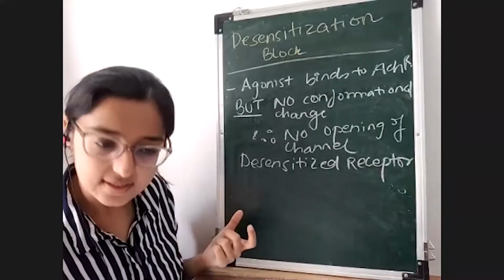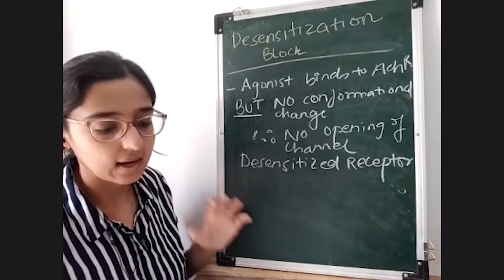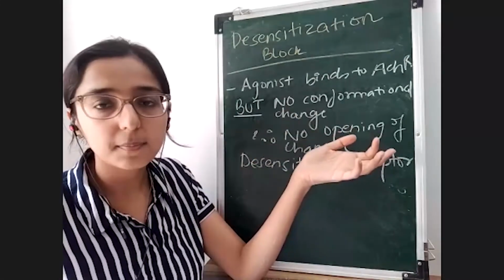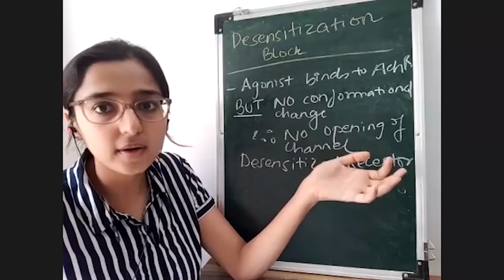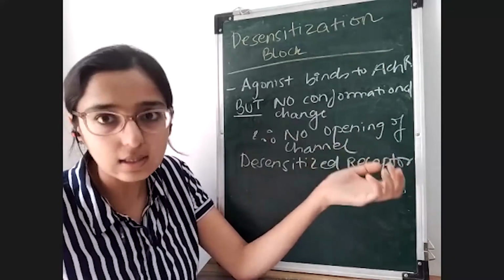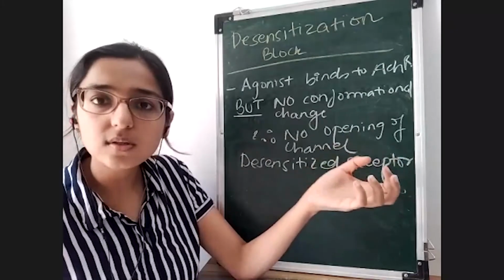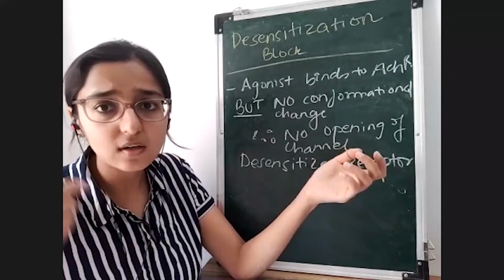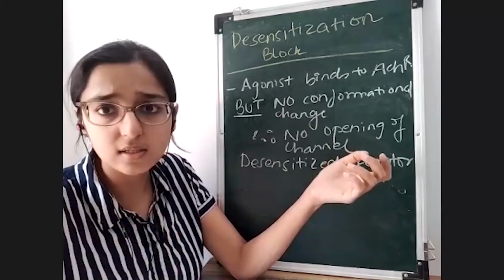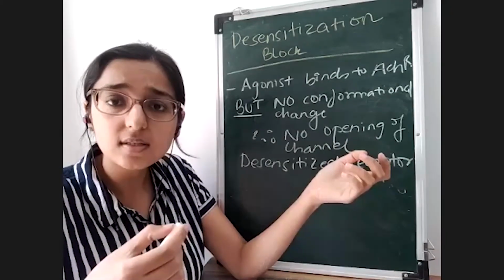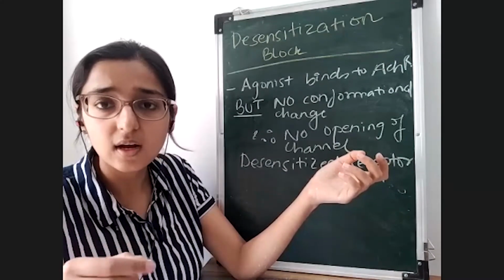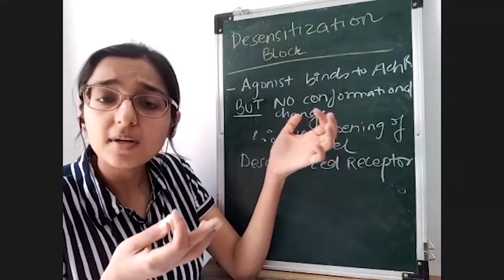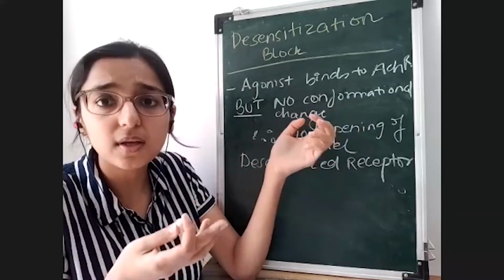Now what will happen is, suppose I say there are 10 receptors, okay? Out of 10 receptors, if 4 or 5 receptors got desensitized, they are not responding to acetylcholine, not responding to any agonist. That means those receptors are just not working. They are not transmitting any impulses, not allowing the transmission of any ions, not causing muscle contraction. So because of this, there's already some amount of muscle weakness, because a large chunk of the receptors have become desensitized. Now I am left with very few receptors which can actually do their work, right?